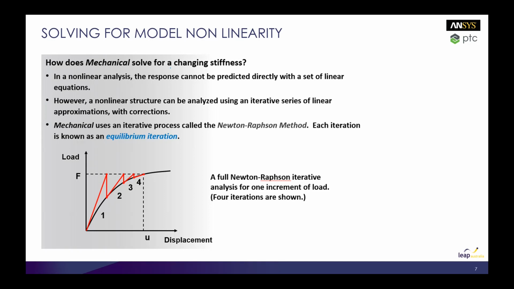Okay, so essentially this red line is our first guess at the stiffness matrix. So based off that, of an applied load, we get a displacement. So with that new displacement, we have a new stiffness matrix. So we keep repeating this procedure until we,